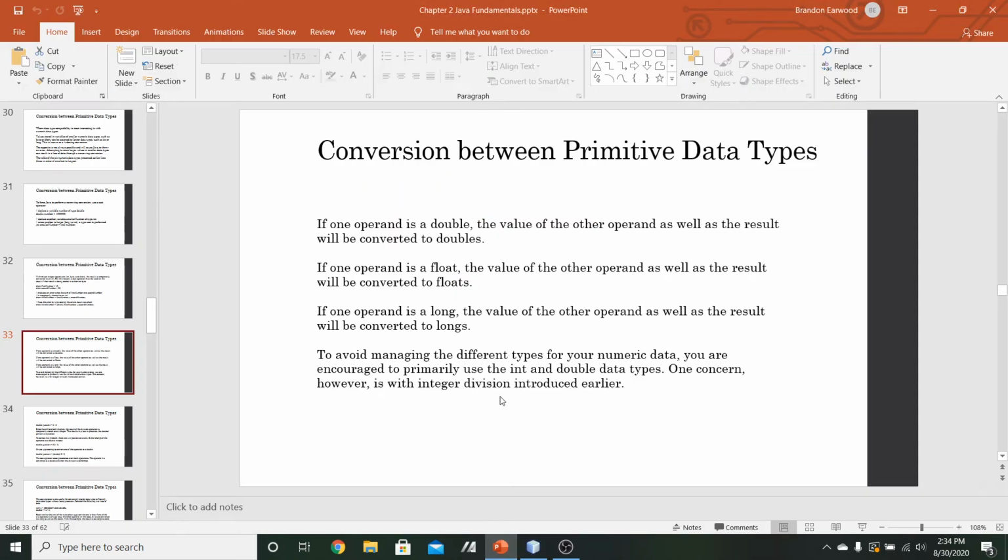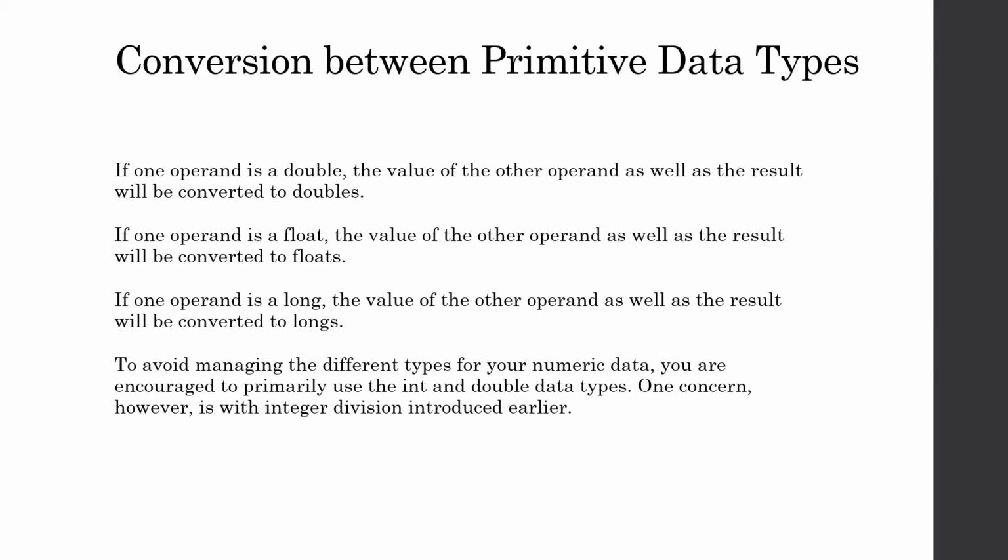So in addition to this, we've got a couple more rules, pretty similar to this first one that we have here. Additionally, if one operand is a float, the value of the other operand as well as the value of the result will be converted to floats. And if one operand is a long, then the value of the other operand as well as the result will be converted to longs. And of course, as I mentioned, there's that sort of precedence that we have to keep